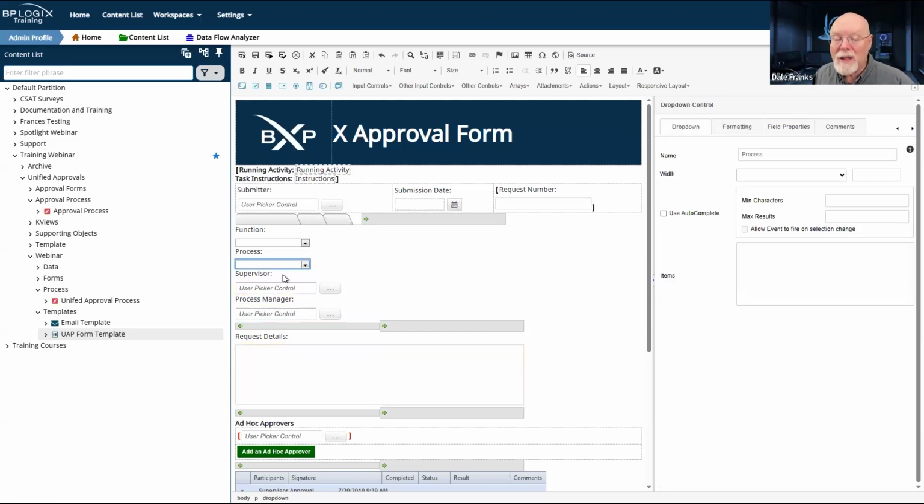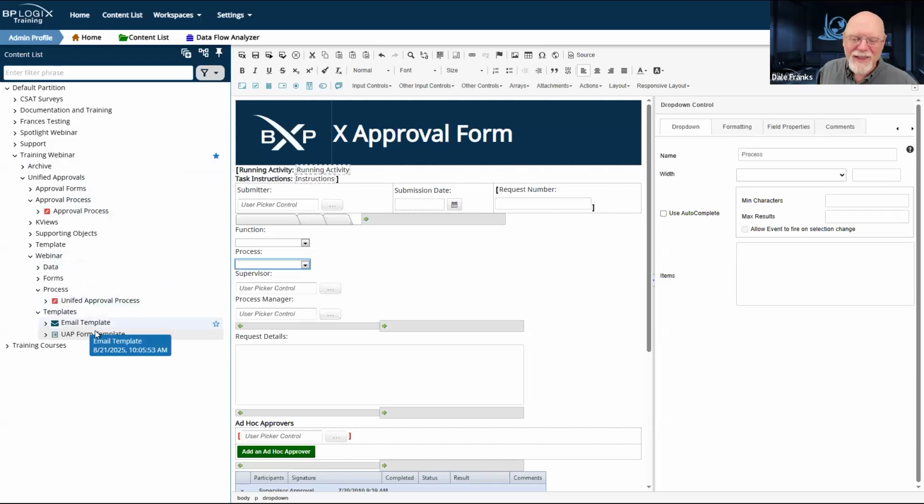Now, to make this work, I'm going to need a parameterized business rule because I'm going to need to evaluate all of the processes, and whatever process I select, return the appropriate process manager. Now, it's going to look super stupid because I'm going to be the process manager for all of it. Otherwise, you're going to have to watch me impersonate users over and over and over.